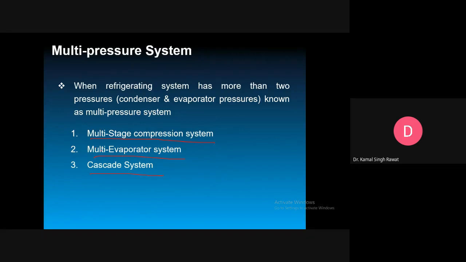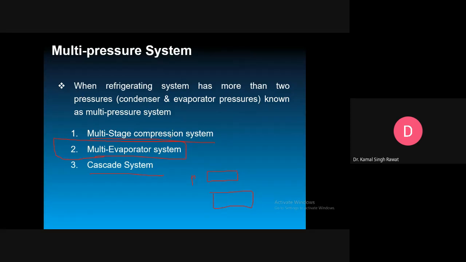Okay, so you can see this multi-evaporator system, where is it required? कहाँ use होते हैं? सर जहाँ पे ज्यादा रेफ्रिजरेटिंग इफेक्ट क्रिएट करना हो, जहां पर हमको टू डिफरेंट टेम्परेचर रेंज में रेफ्रिजरेटिंग इफेक्ट प्रोड्यूस करना हो, जहां पर दो इवेपोरेटर चाहिए होंगे, वहां पर हम मल्टी इवेपोरेटर सिस्टम यूज करेंगे। और यहाँ पर भी दो से ज्यादा प्रेशर होंगे क्योंकि दो इवेपोरेटर हो गए, इवेपोरेटर 1 और इवेपोरेटर 2, और एक हमारे पास कंडेंसर होगा।